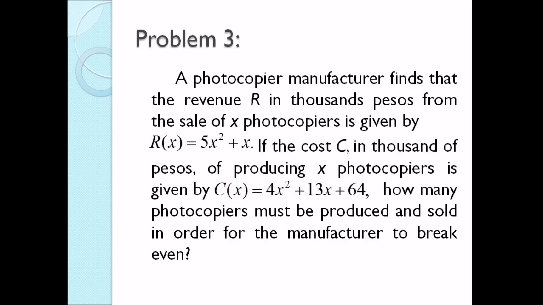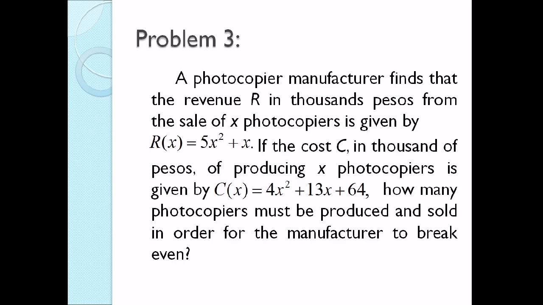Okay, for our last problem: a photocopier manufacturer finds that the revenue, denoted by R in 1,000 pesos, from the sale of x photocopiers is given by R of x equals 5x squared plus x. If the cost, denoted by C in 1,000 pesos, of producing x photocopiers is given by C of x equals 4x squared plus 13x plus 64, how many photocopiers must be produced and sold in order for the